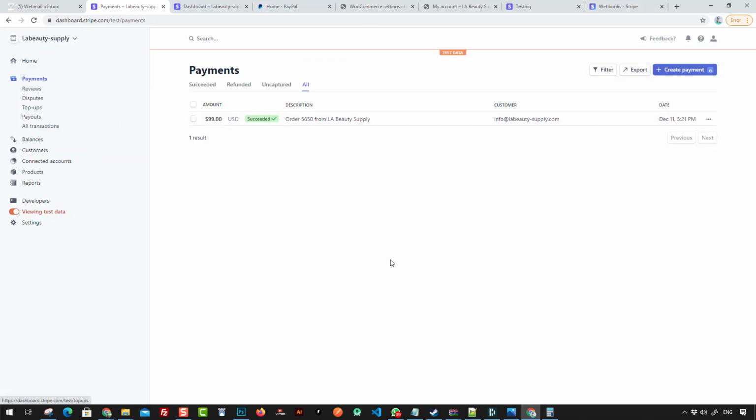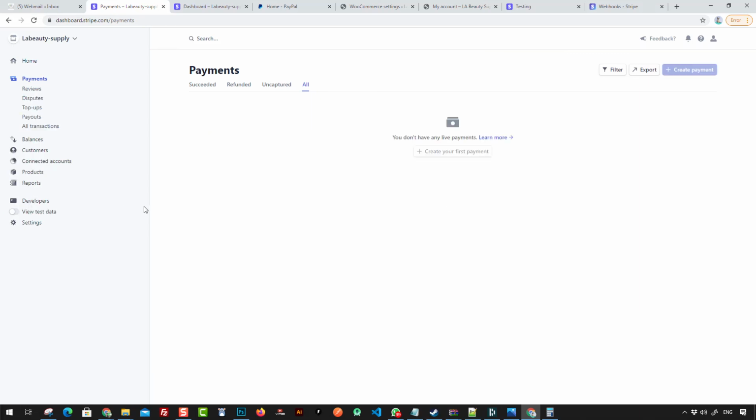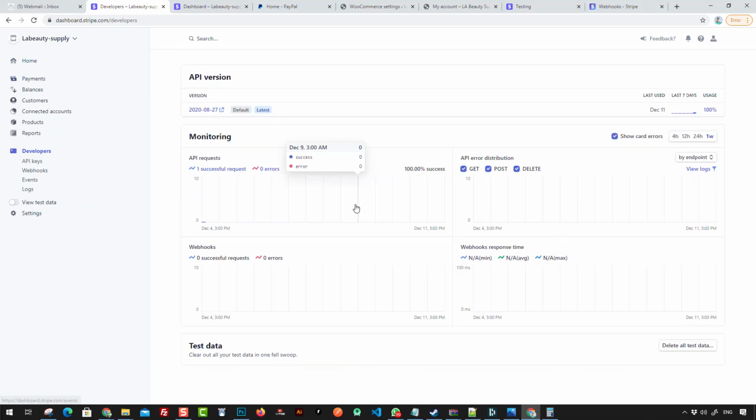It's really awesome. After you want to go live with Stripe, after the test is okay, you could turn off save data and go to developers and just change the webhook URL from the dashboard. That's it. That's all the changes that you need to make in order to make Stripe up and running. So this is the first part, how you configure credit card payments using Stripe. It was really cool,